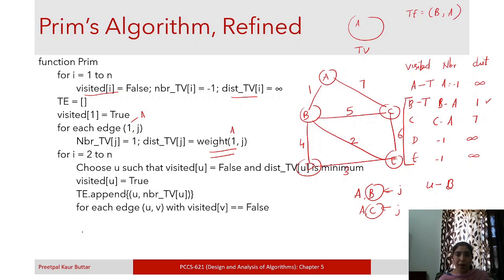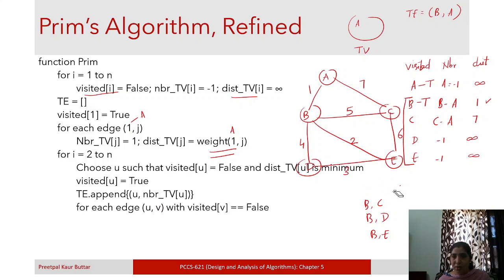Okay, and now for each edge u comma v, so u comma v, u is B and B is connected to A, B is connected to C, B is connected to D, and B is connected to E, right? 1, 2, 3, 4. For each edge u comma v with visited of v equal to false. So visited of v must be false.